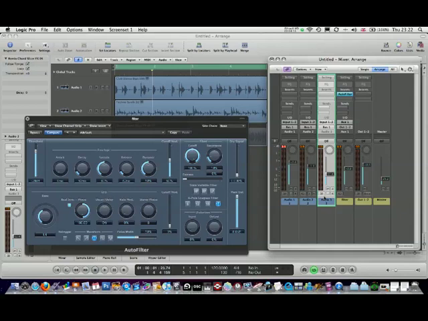Now, it would be a bit of a pain to go through and turn every single channel down, so what they do is they send them to what's called a group channel or a bus channel, and then you get one global fader that acts as a master over these without affecting any of the other channels. So if I just press it again,